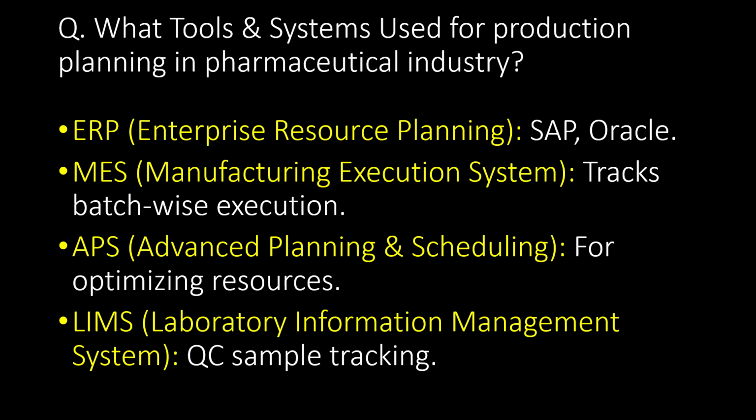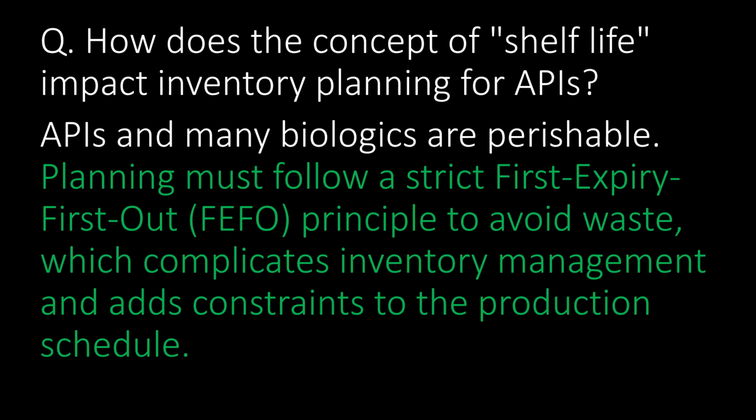What tools and systems are used for production planning in pharmaceutical industry? ERP, MES, APS, and LIMS are the systems that are used for production planning in pharmaceutical industry. How does the concept of shelf life impact inventory planning for APIs? APIs and many biologics are perishable. Planning must follow a strict first expiry, first out principle to avoid waste, which complicates inventory management and adds constraints